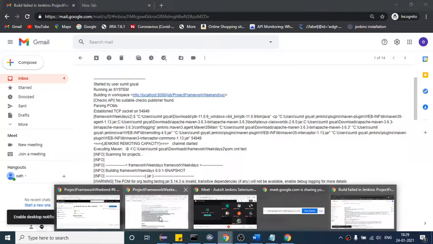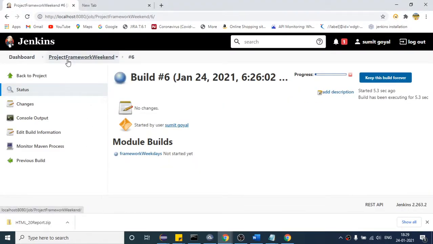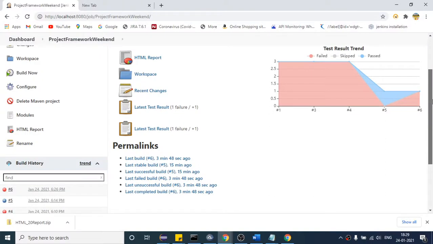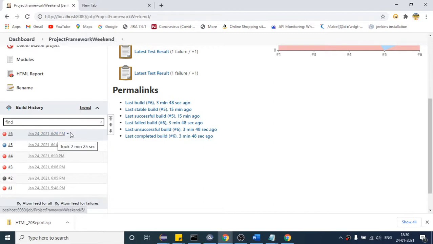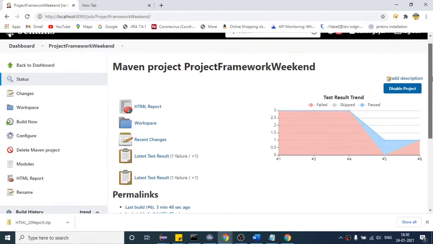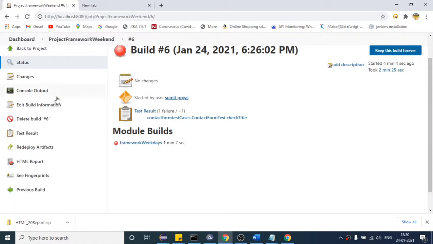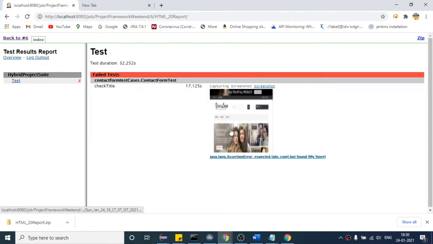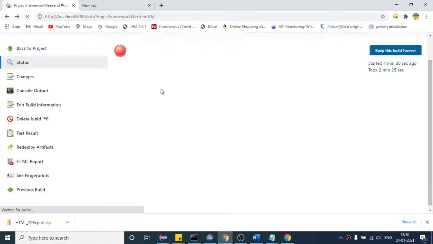So this time, if you see, where is our report? I think it is completed. Okay, so where is our report? I think we have run project weekend, right? Okay, and if I come down, this is our report. Only one test case failed. So it should be only one screenshot, which is this one, right? So every time it will take the correct screenshot of the test case, right? So one more thing we can see.